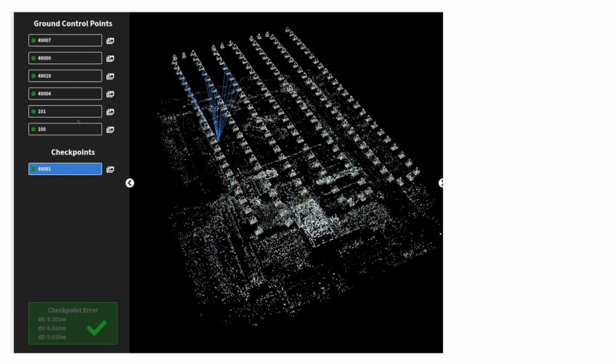With an RTK capable drone, or an RTK or a PPK capable drone, yes, the accuracy of your checkpoints and the accuracy of your GCPs should be very, very similar. Now I'm not saying they'll all be 1 centimeter exactly, right? You're going to have some variation, right? Maybe plus one, 1.5 centimeters here, 2.5 there, right? But it should all be in the same ballpark of, in my opinion, 5 centimeters or less,